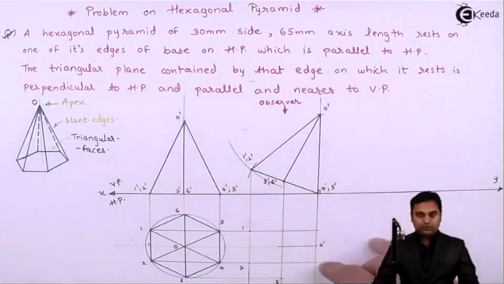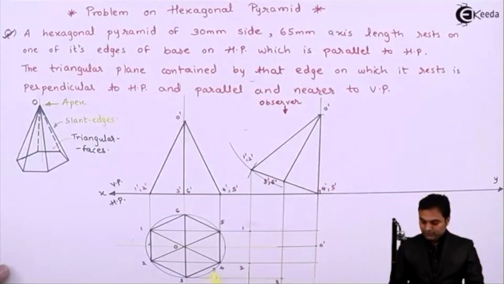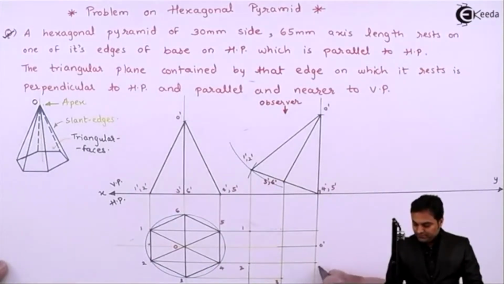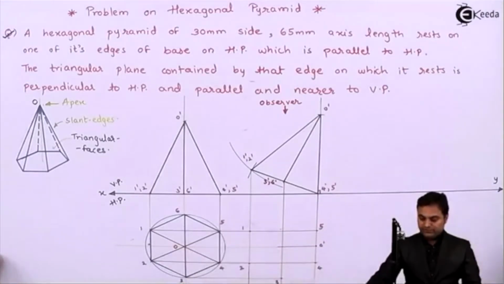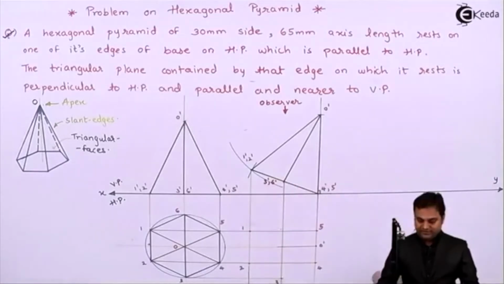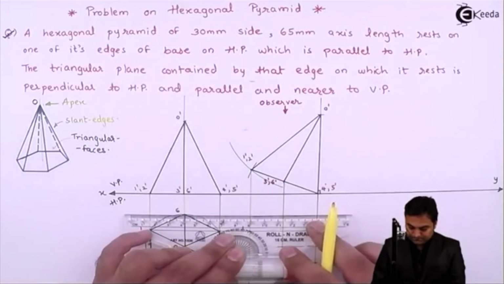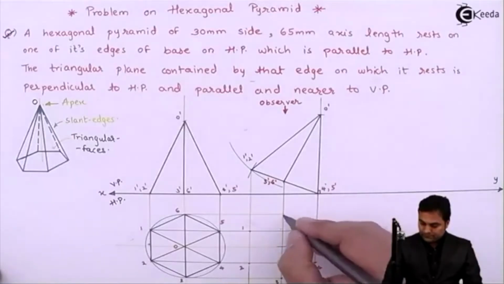Next points 4 and 5 are on the same line as the apex. So from this I'll get point 4, that is the horizontal projection, and where it intersects this vertical line, that gives me point 4. Similarly for point 5, where this horizontal line intersects, I'll get point 5. At last there is point 6. It is on the same level as 3 dash and 6 dash. So projecting it lightly, here I am going to get point 6.